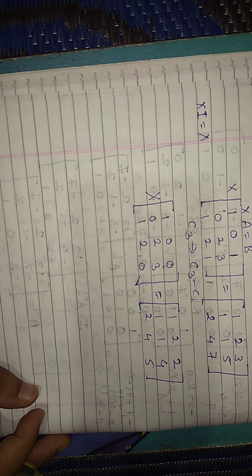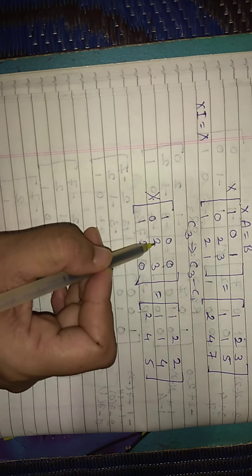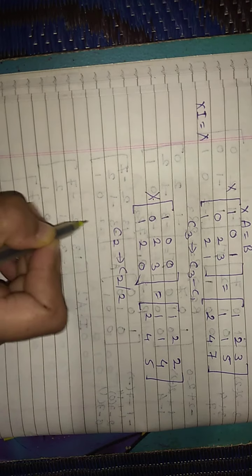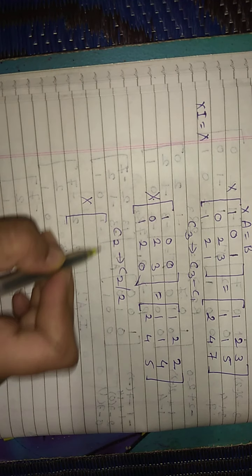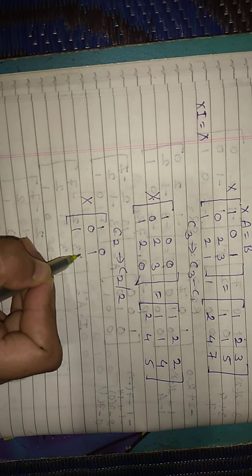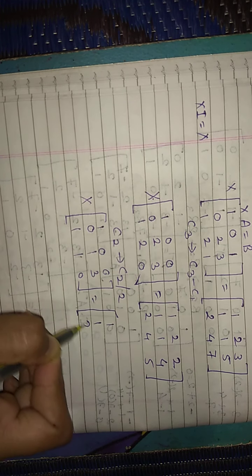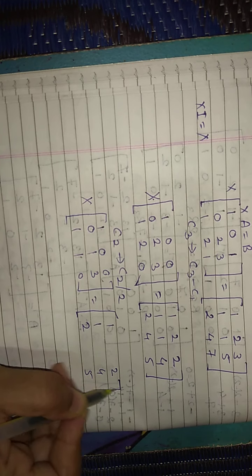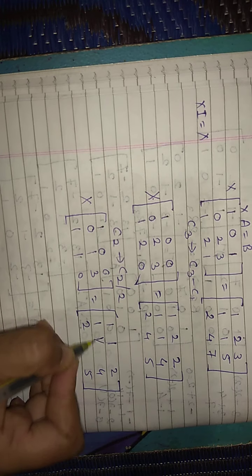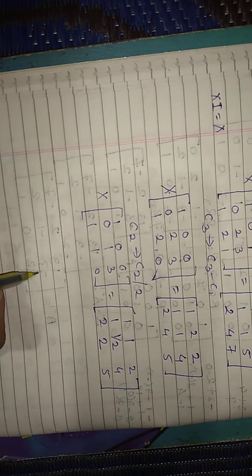The next step, we have to calculate here 1. It is present in the C2 column. So 2 divided by 2 becomes 1. So C2 changes to C2 divided by 2. So X in a bracket, just divide by 2: 1 0 0, 1 0 2 upon 2, 1 2 upon 2 1, 0 3 0. Keep it as it is here. 1 1 2, 2 4 5 we write as it is, and 2 upon 2 is equal to 1. 1 upon 2 is half. 4 upon 2: 2 ones are 2, 2 twos are 4.